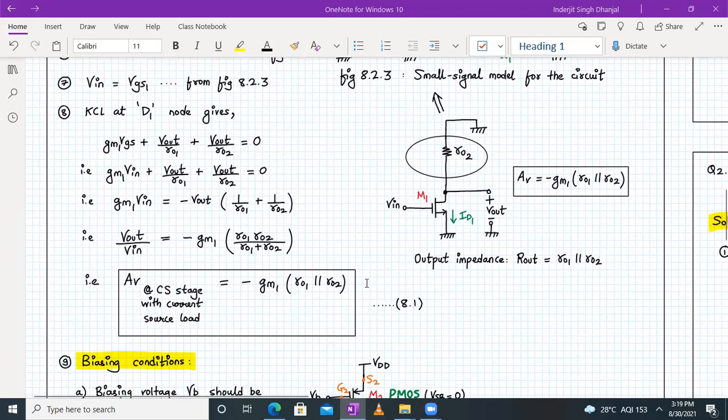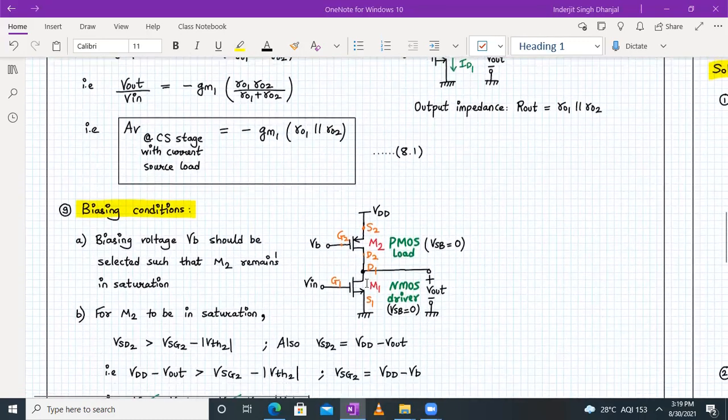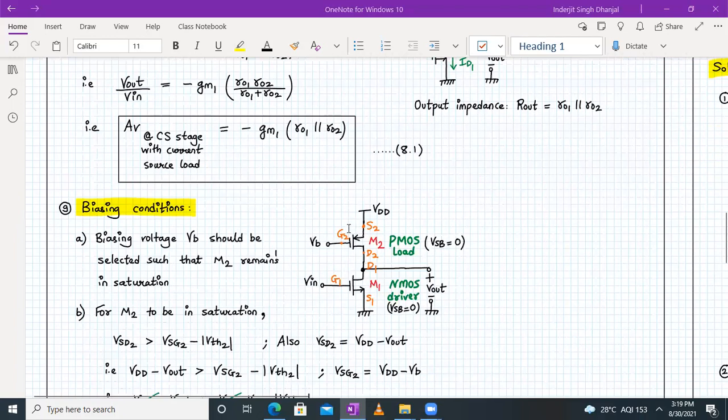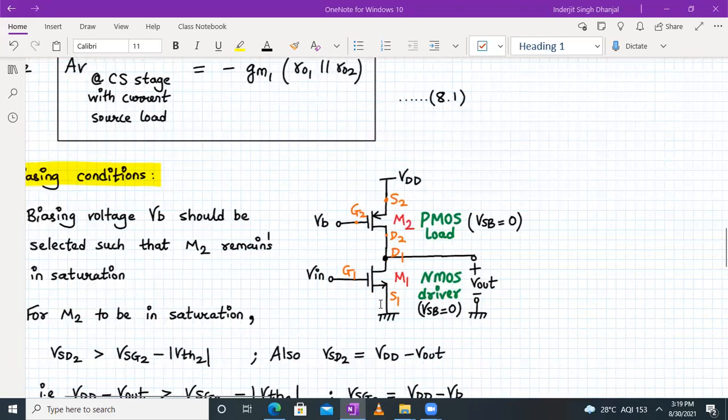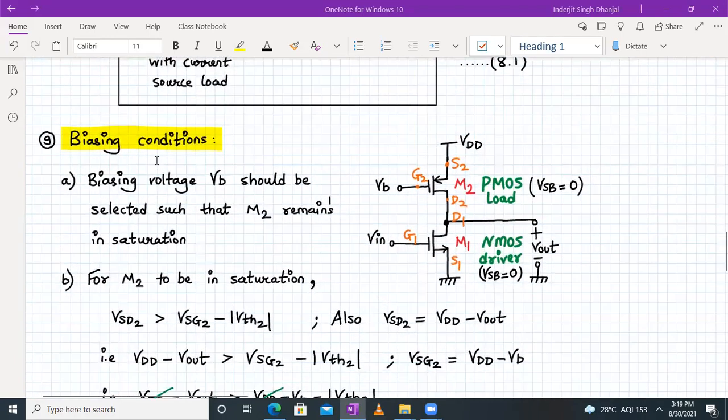Now, let's check the biasing conditions for this transistor. Definitely, because we require both the transistors to be in saturation. So let's talk about the biasing condition next. I know that this M2 is my PMOS load, where my VSB is 0. That means no body effect, whereas the NMOS driver also is not suffering from body effect. So number one condition is we should check the source to body voltage,